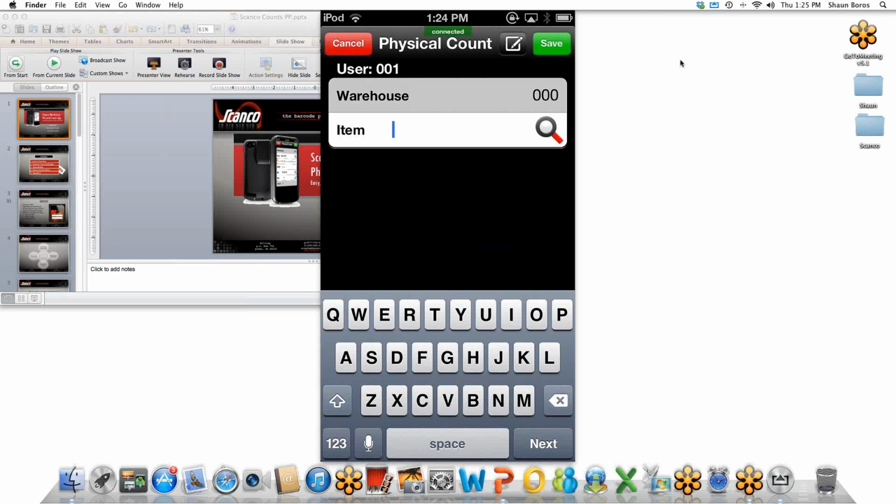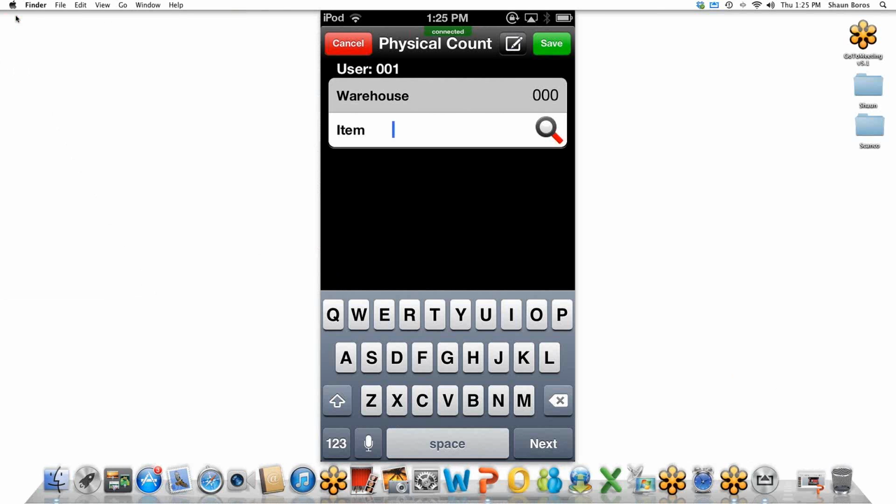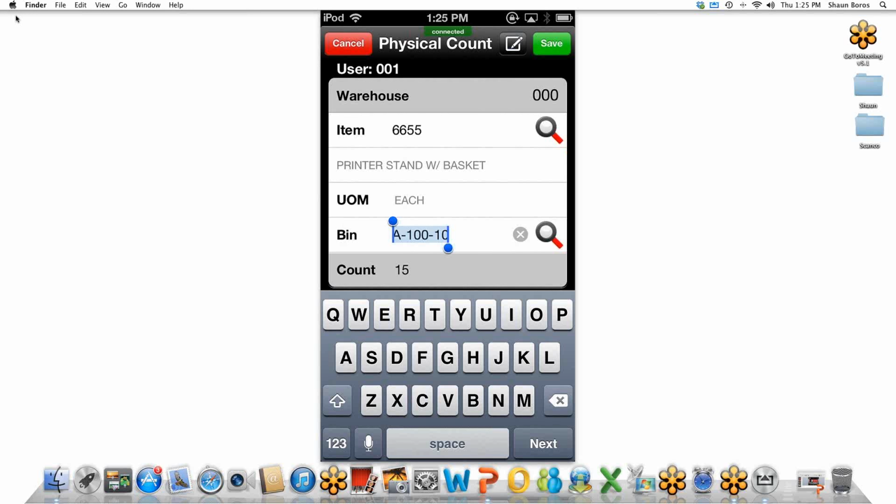And the first thing that the device is asking me for is, what's my item number? So there's a couple of different ways, as Sean said, that we can get this information in. We can actually scan in the item number, we can do a lookup, or we can key it in. So what I have now, I actually scanned in the item number using that infinite peripheral device that we were